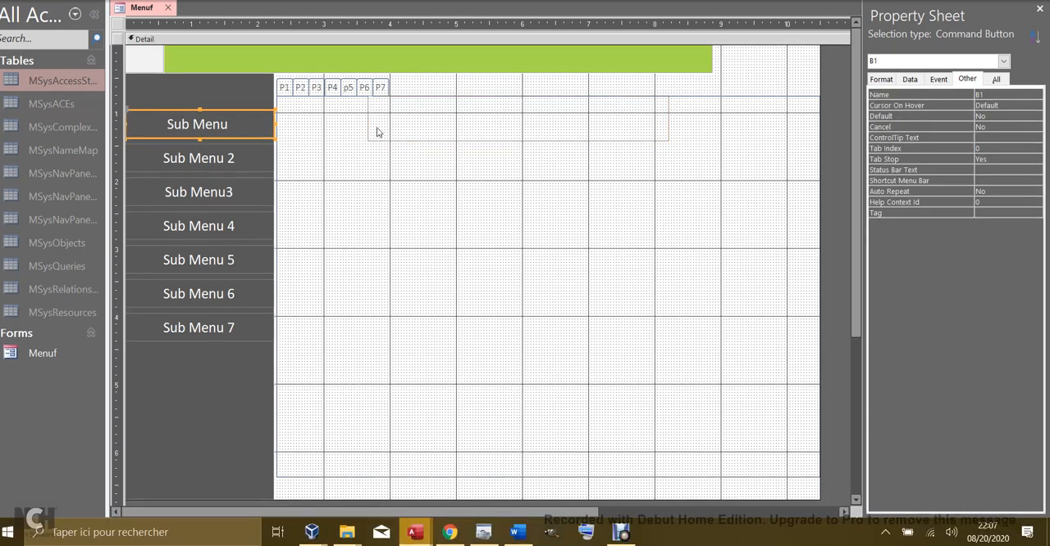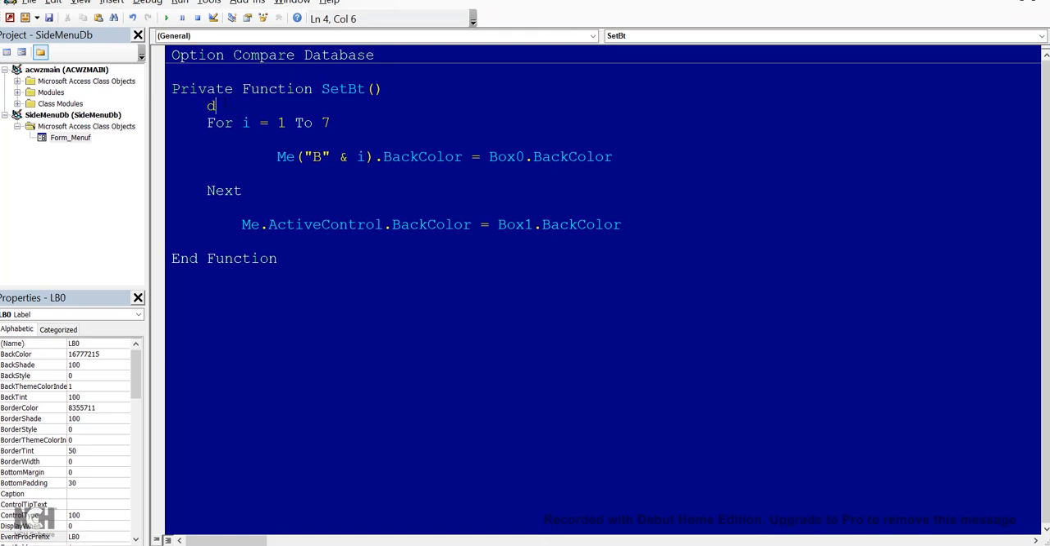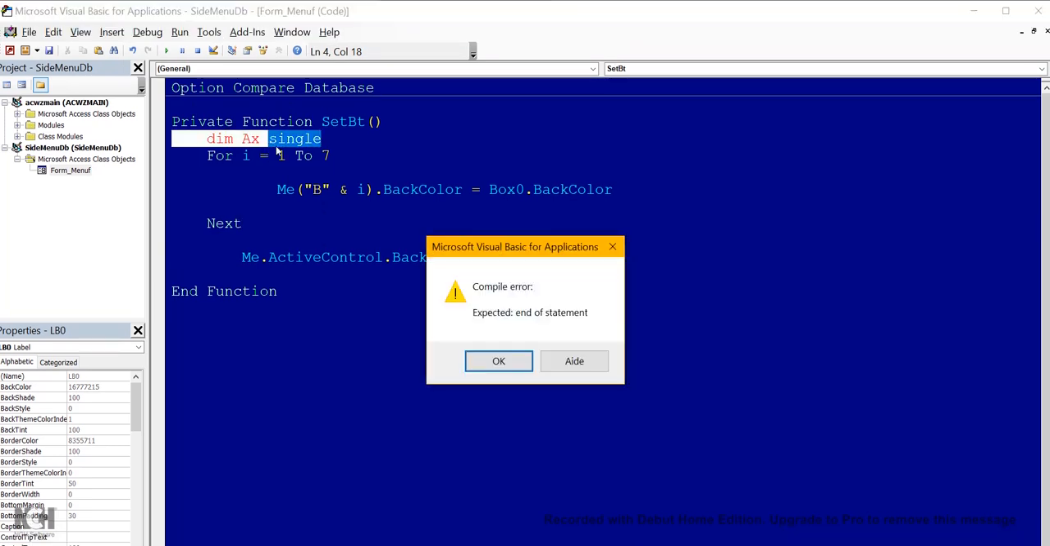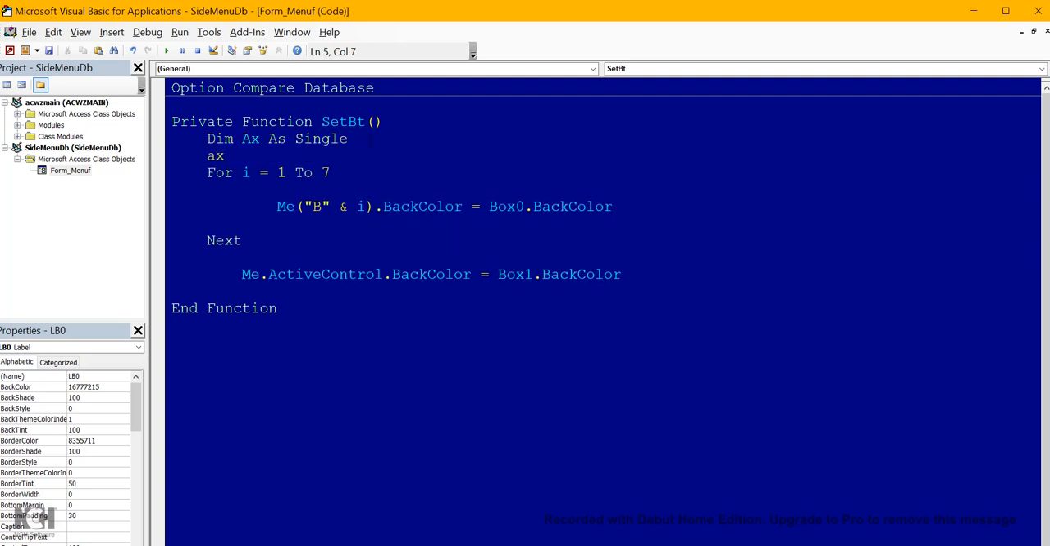Our function, we let our function do everything. The simple function we created here. The page, we have named the page. Then the active control, we have to catch up. We have to take the value of that active control, the one clicked. Okay, we declare Dim AX as Single. Then we put here AX equals